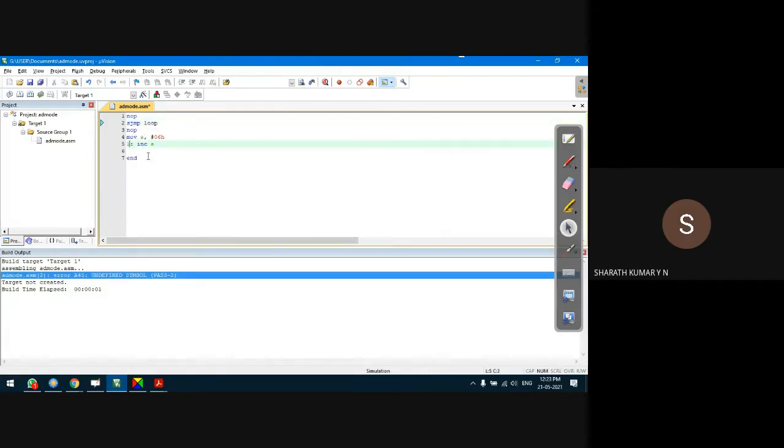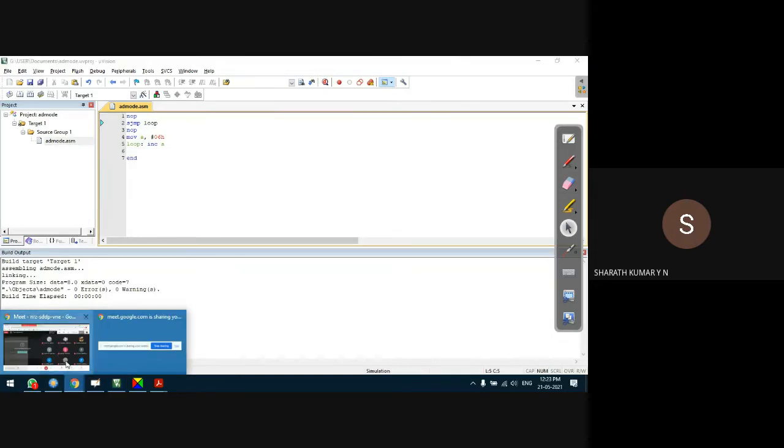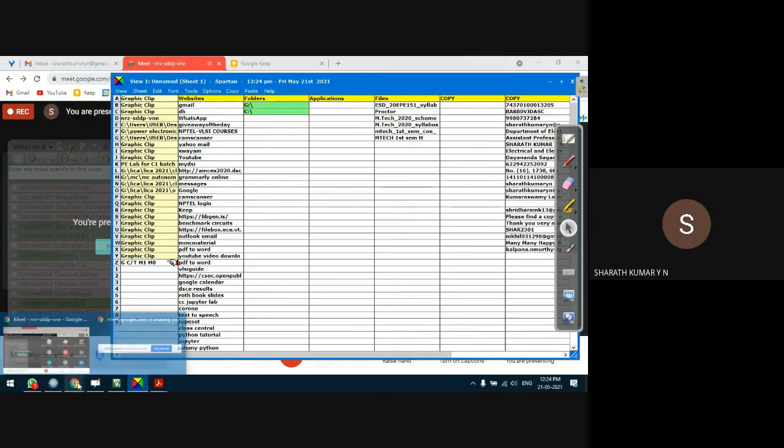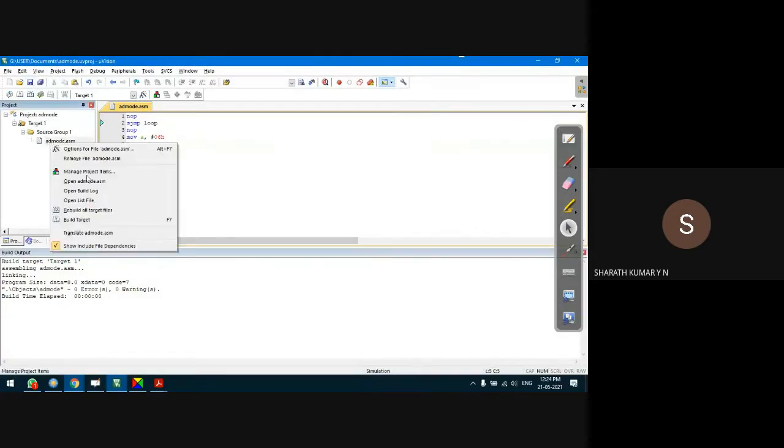This should also be loop. Here we go. If a label is defined but not used, the simulator generates an error. It says you have defined some label, but you are not using it. So you have to make sure that the labels are properly defined and used.